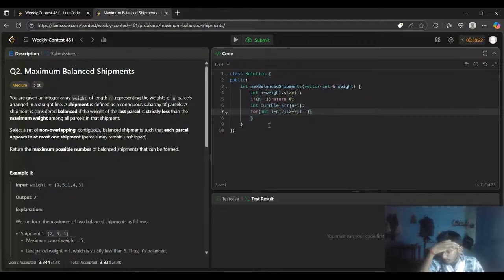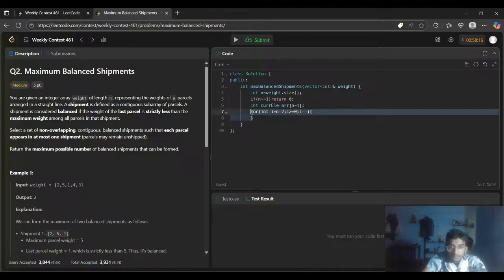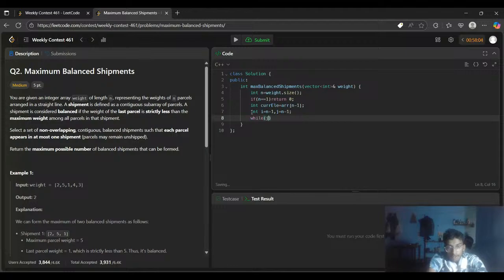And what if the value of j? Okay. j is smaller than, j is greater than or equal to 0. What am I going to do? What do I need to do? Okay. Suppose first of all, if